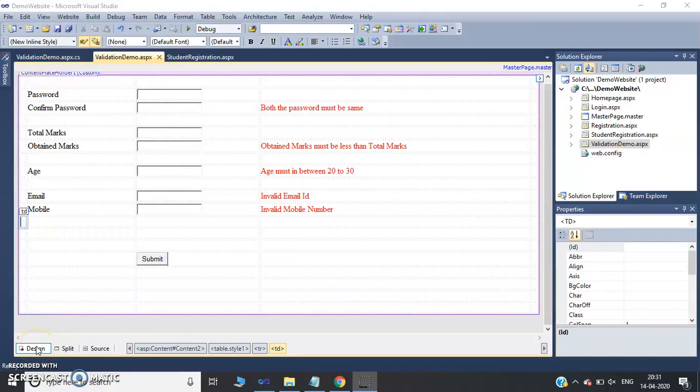In the same way, we can apply the regular expression to other controls also. For example, I will take pin number. Usually a pin number is a group of 6 digits.